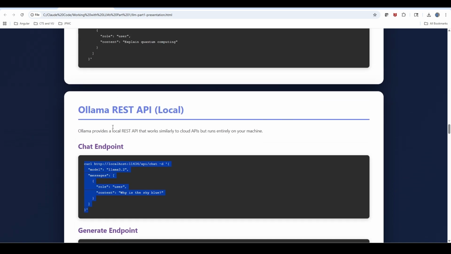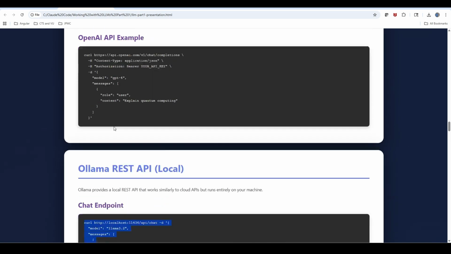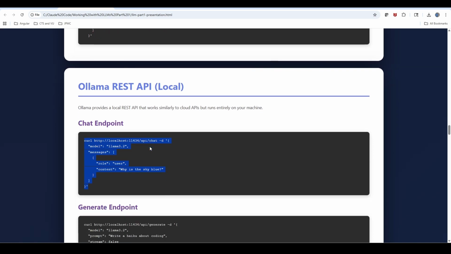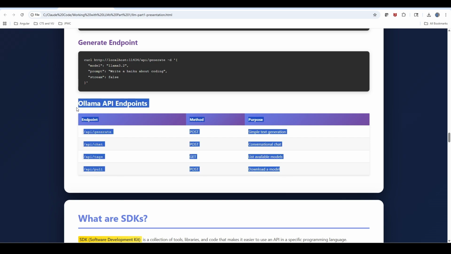So these are examples of how cloud based and locally installed models can be accessed via REST APIs. These are examples of Ollama endpoints: generate, chat, tags, and pull. These are the method types.